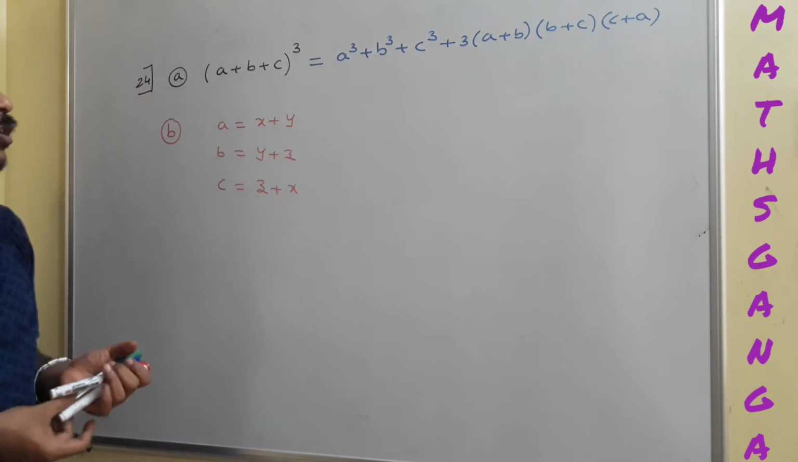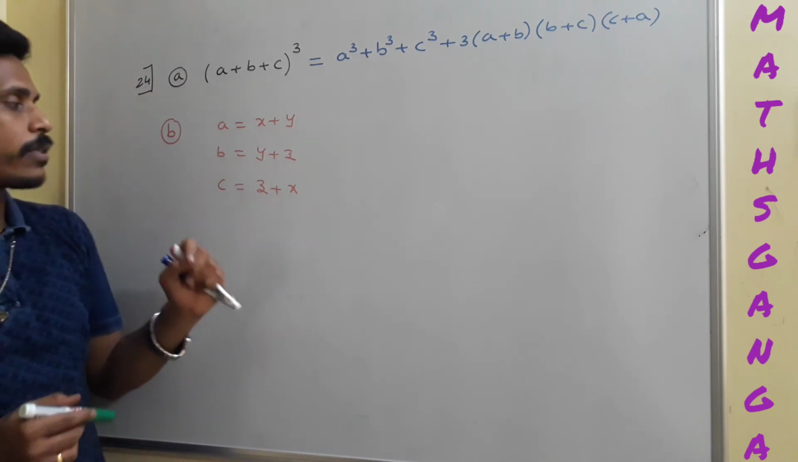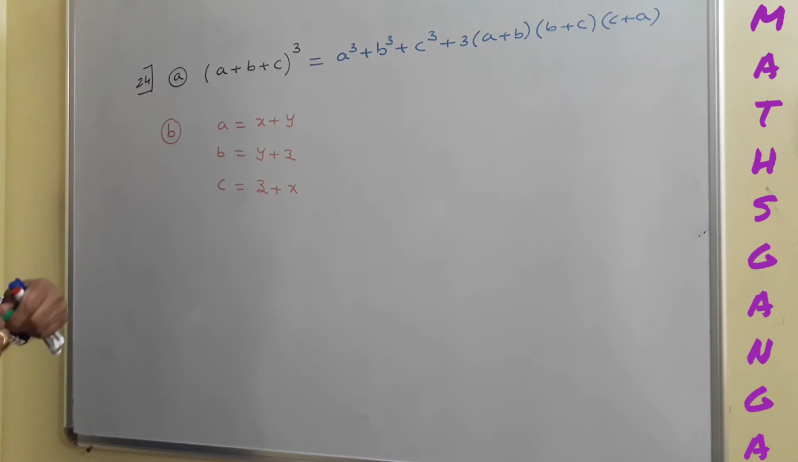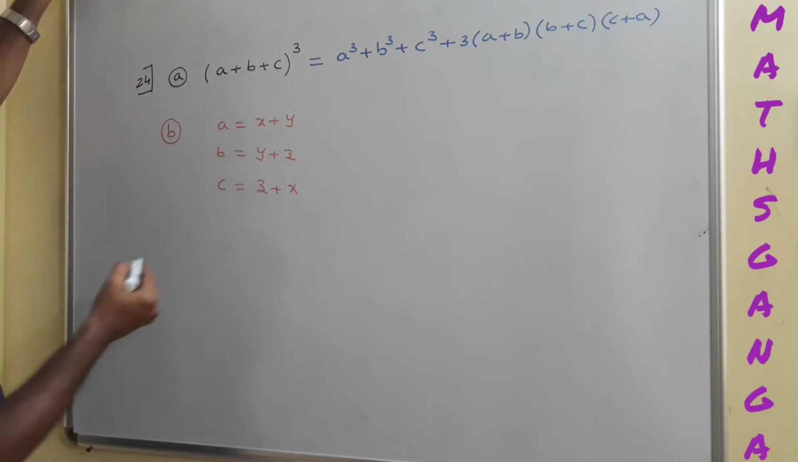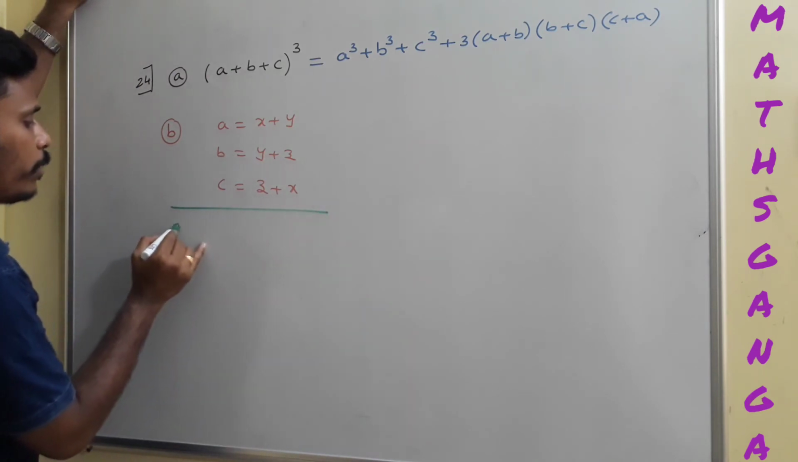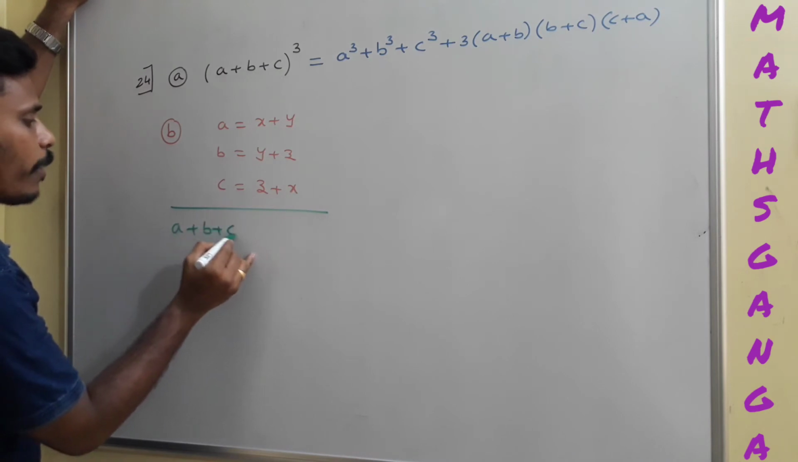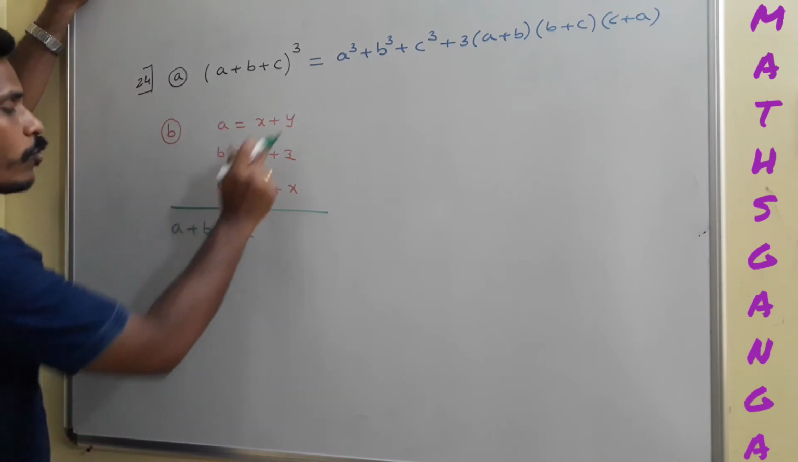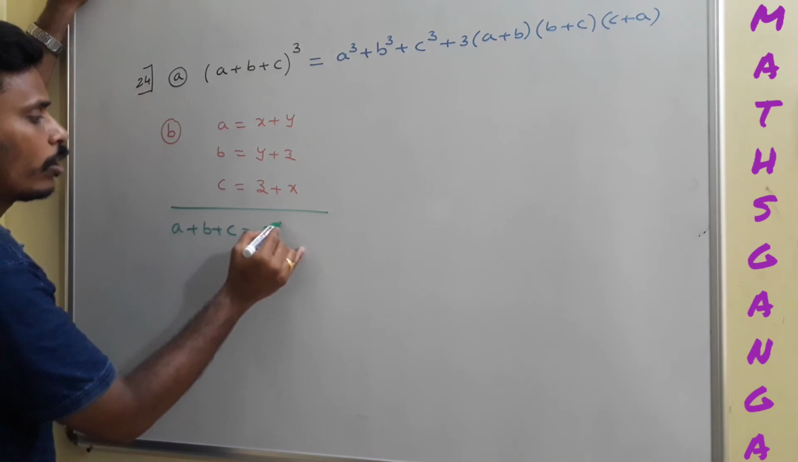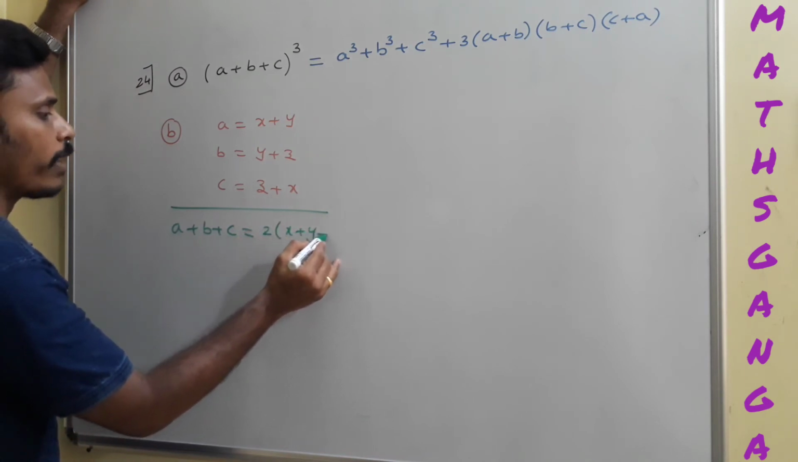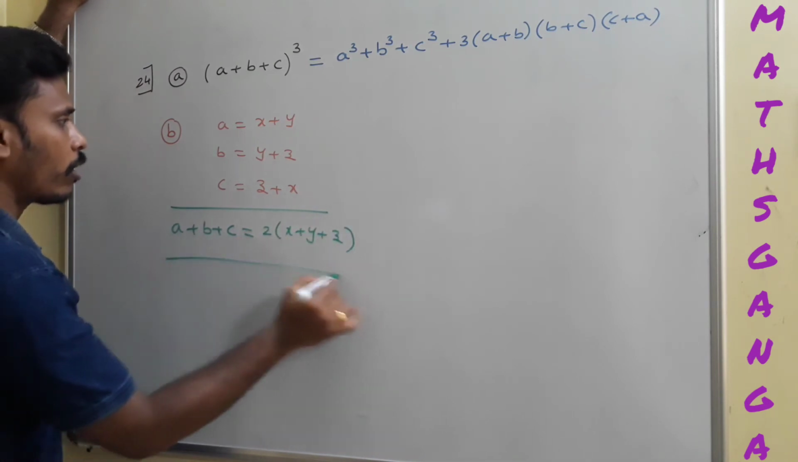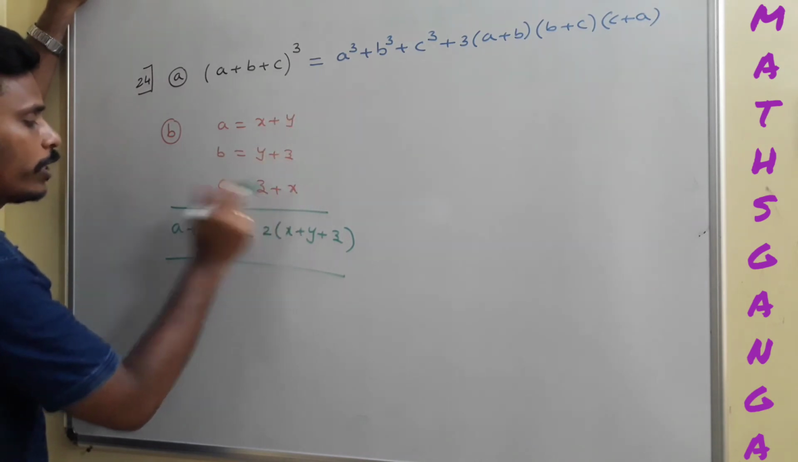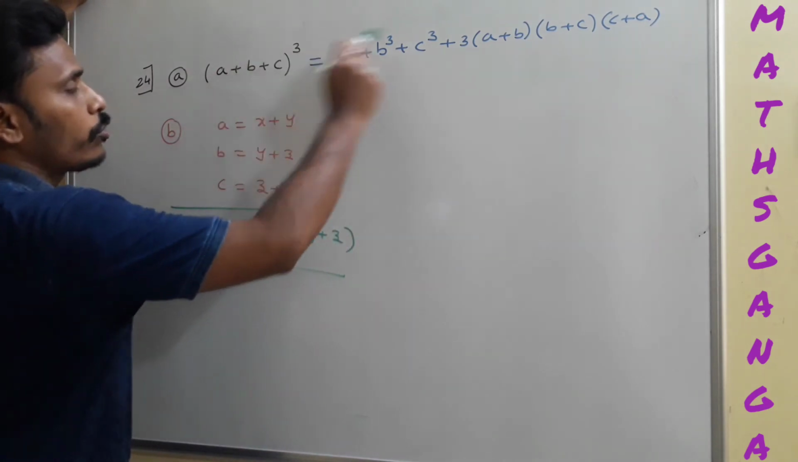See, if A is equal to X plus Y, B is equal to Y plus Z, and C is equal to Z plus X, then the task is that simple. A plus B plus C, if you add, what will happen? You need to add this side also, then you will get 2 times X plus Y plus Z, because there are 2Xs, 2Ys and 2Zs. And now if you use this,